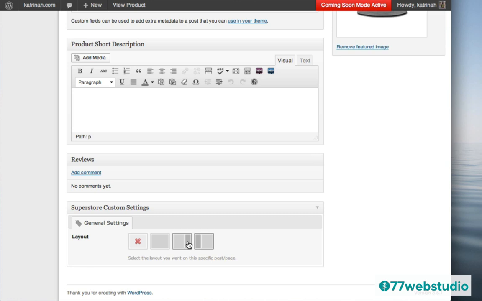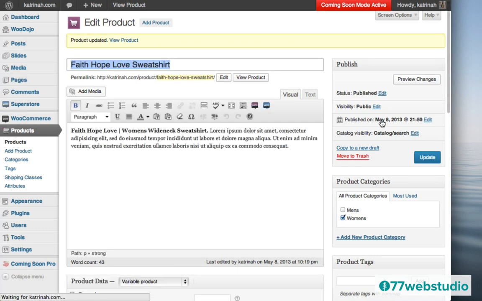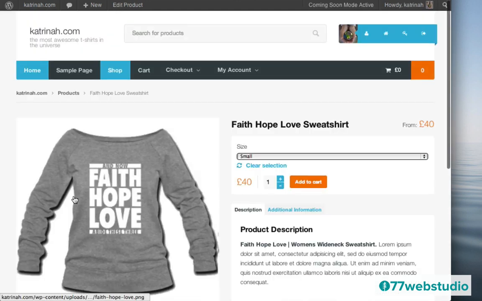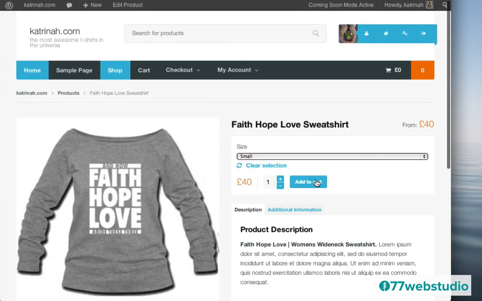However, I would prefer for my product page to simply have the focus be on the product image and the description with no sidebar. So I'm going to click on this box here. This is the full width page box right here. Then I'm going to go to the top and click on Update to update the product. Now, once the product has been updated, when we view the product by clicking on View Product, now you'll see that the product is exactly how I want it. The sidebar is removed, and now I just have my product with my really cool little product gallery here and the call to action, add to cart.